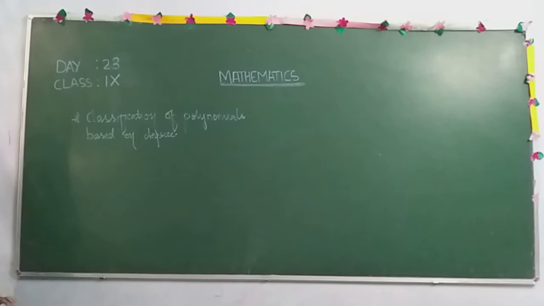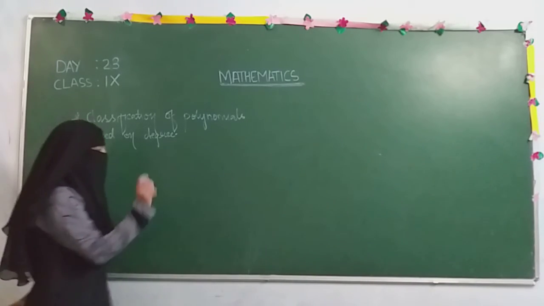So in the previous video, along with classification of polynomials based on terms, we recapitulated the concepts of constant, variable, coefficient, degree, and polynomials in one variable, two variables, three variables, etc. Today in this video we are going to study classification of polynomials based on degree. First of all, we must know what the degree is. If we don't know the degree, then we are unable to classify. So what is degree? Degree is nothing but the highest power in the given polynomial. Whatever the highest power is in the given polynomial, that is called the degree.